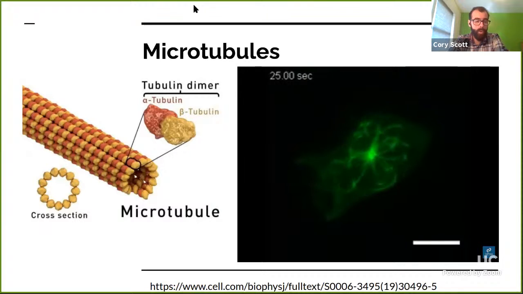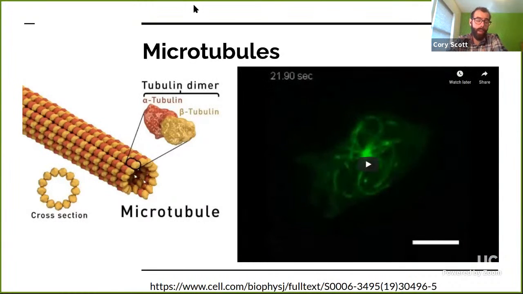Dimers have a preferential association into strands, which then like to associate side by side into tubes. These tubes, microtubules, have a lot of interesting properties, and they play a bunch of interesting roles in the cell. They're generally about 25, 24 nanometers in diameter. They can be up to 50 micrometers long,